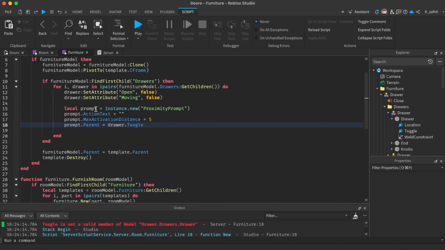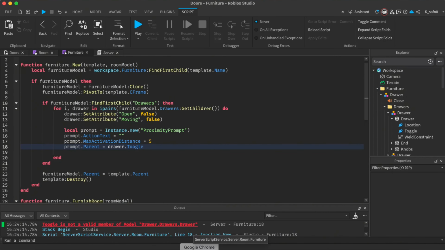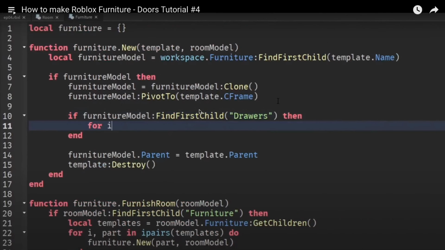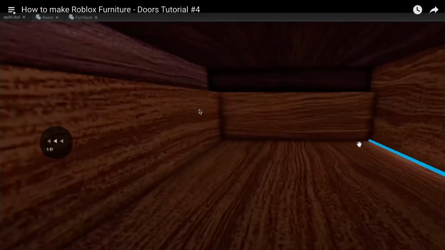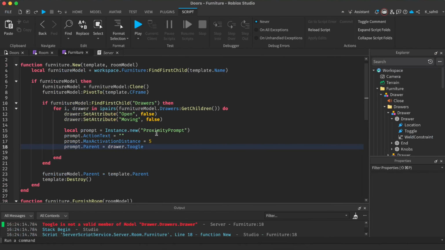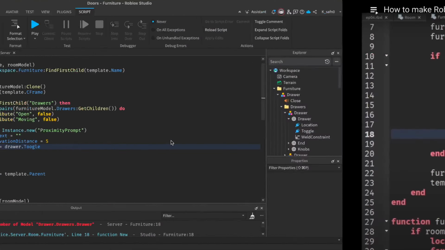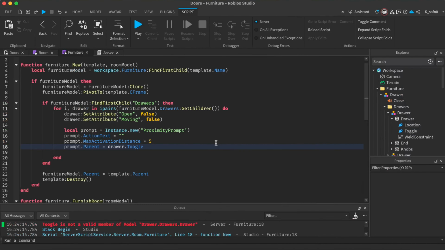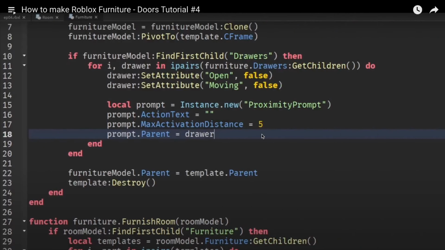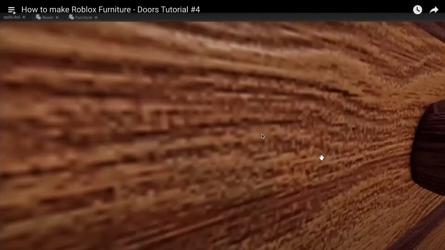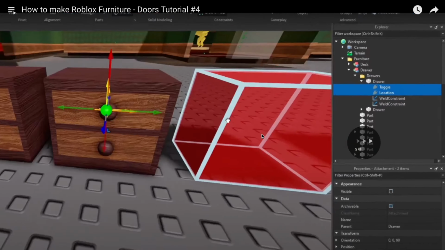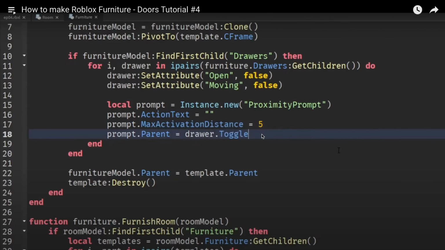Maybe this is wrong. So what is the prompt? So we write in the drawer proximity prompt. What is this? Okay. Oh, I know. Drawer. But if we do that, it's going to be directly in the middle of the drawer. Right? So we copy those, the drawer.toggle, which is the name of our attachment. And before we do any